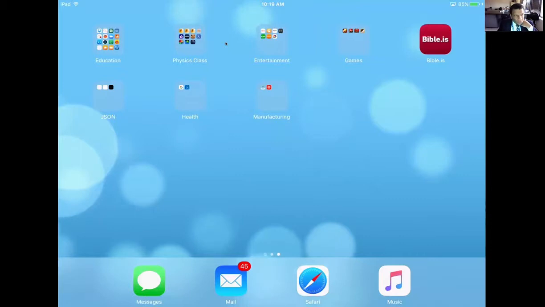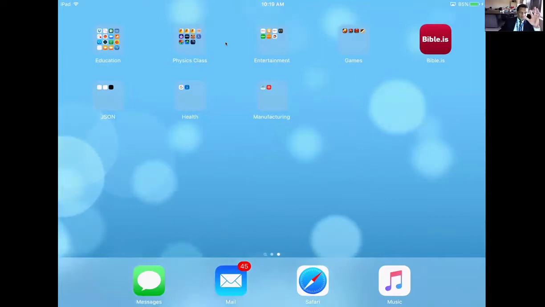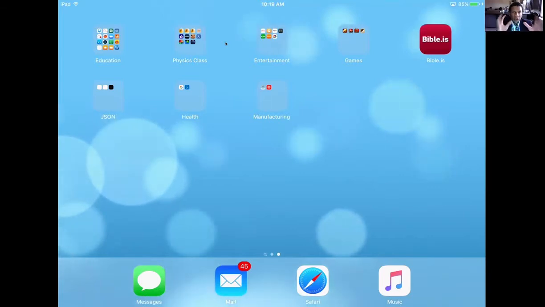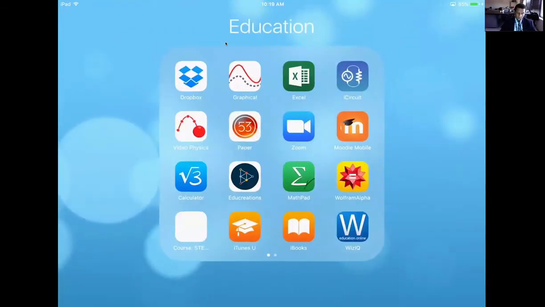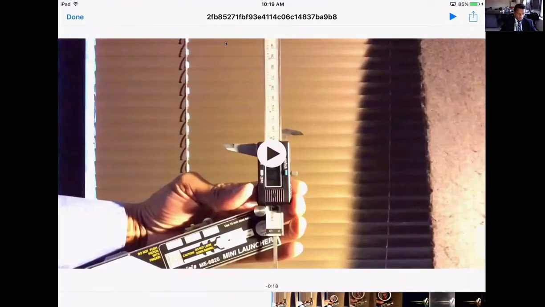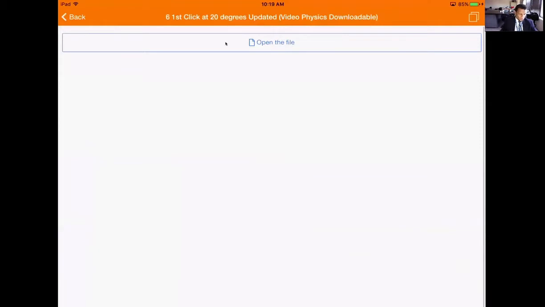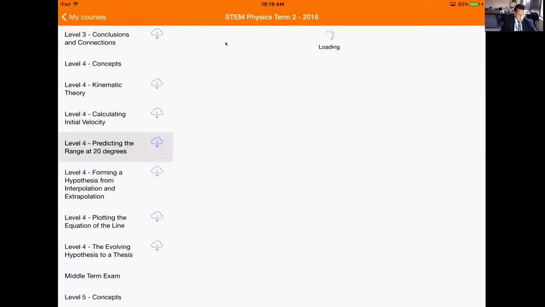Okay, so this is what we want to do. Before we even do this, we just want to set up our experiment. That's going to be the very next thing that we're going to do. So how do we begin? We're going to begin like we always do. We're going to go to Moodle Mobile. I'm going to select Moodle Mobile, and I'm going to go to the video that was downloaded